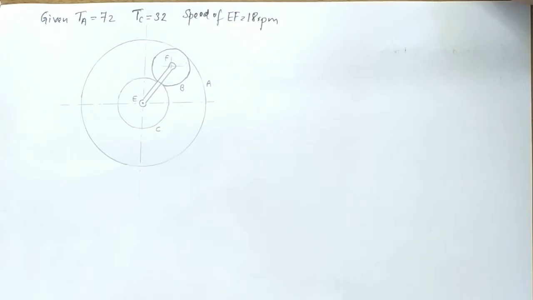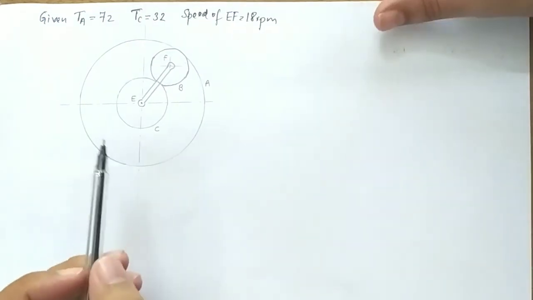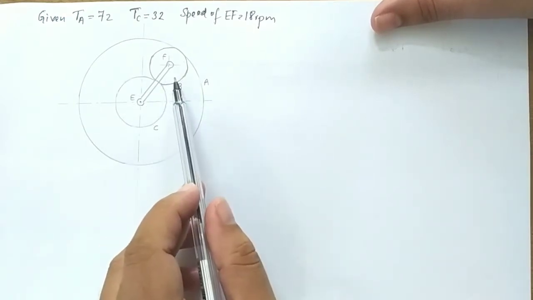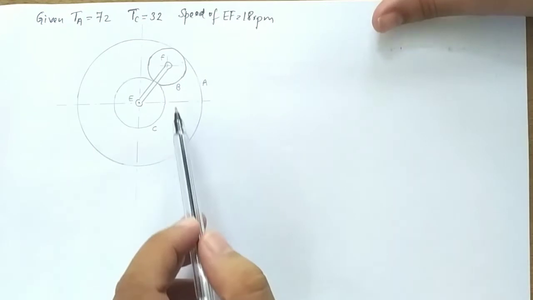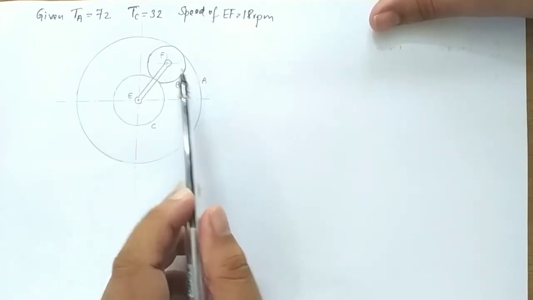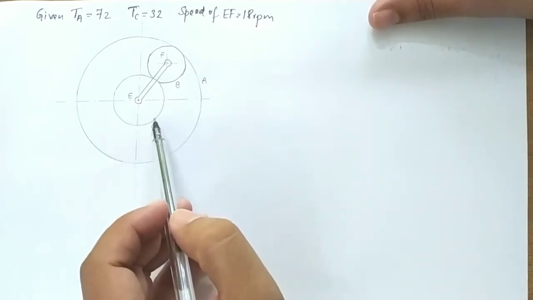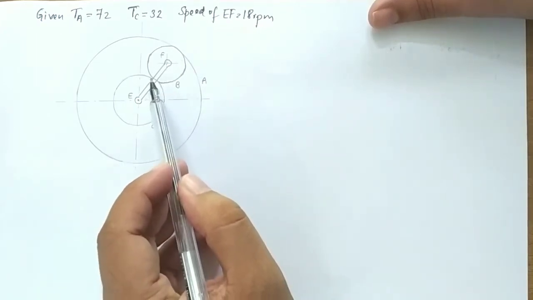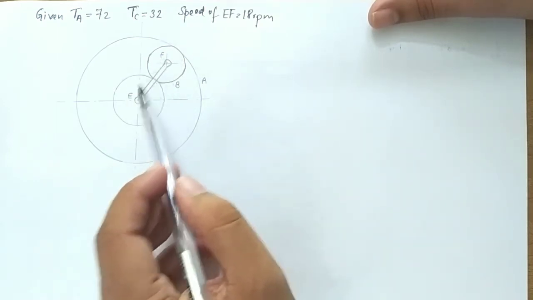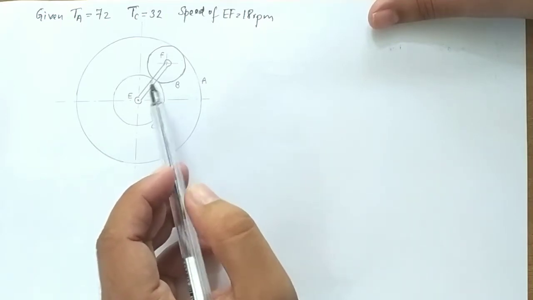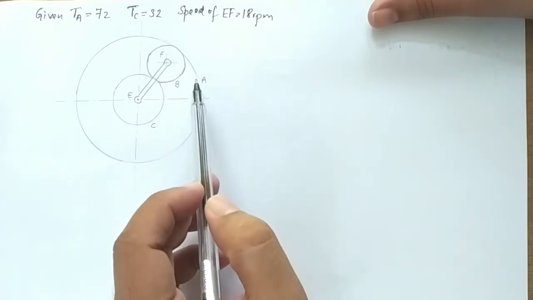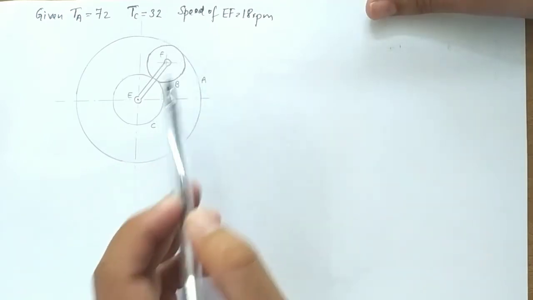So here, as you know, we have an epicyclic gear train as given in the figure. The C gear is the sun and gear B is the planet gear, which can revolve around the sun gear, and you have an internal gearing between gear A and gear B. Gear C and gear B mesh externally. You can see how it is meshing, one meshing like this, another meshing in another direction. So the directions of both the gears are opposite, but gear B is meshing with gear A internally. That means the direction of B and A will be the same.